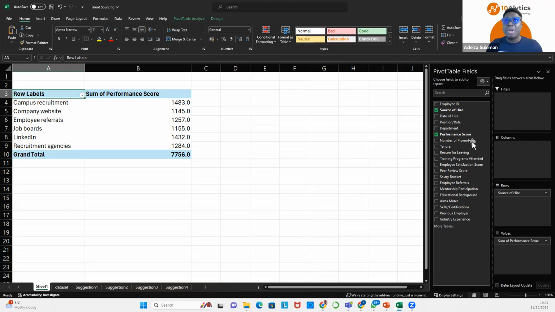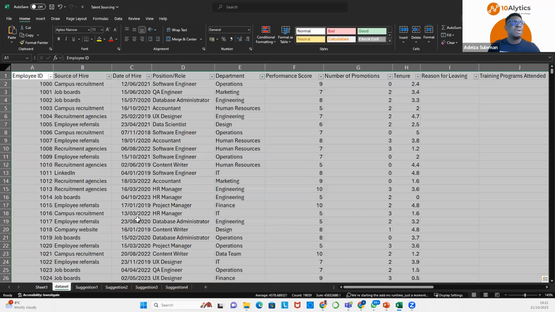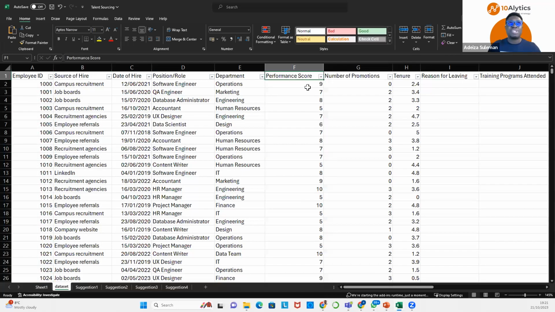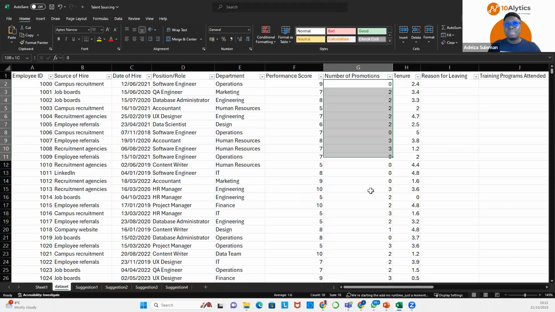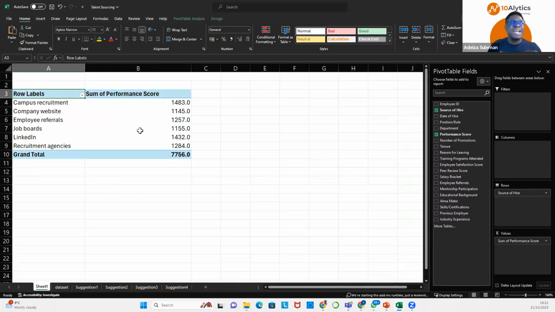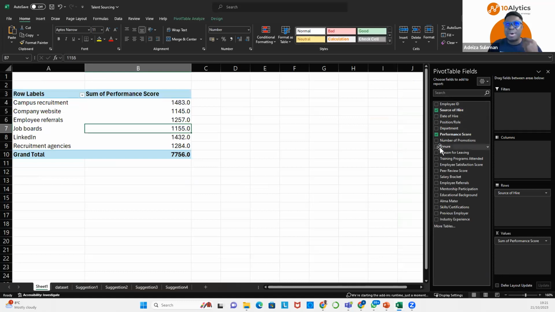And usually when you have numerical data, so any data that is numerical, let's go back to the data set one more time. Performance score is numerical, numbers. Number of promotions is numerical. Tenure is also numerical. If you click on any numerical column, by default, it goes to values.